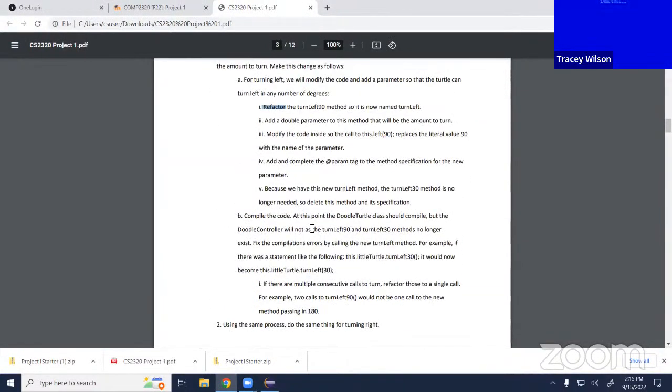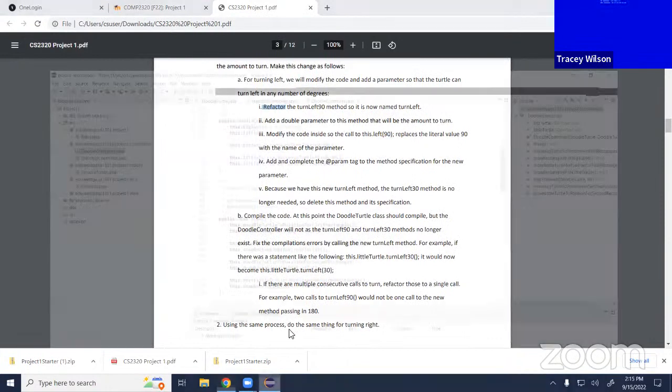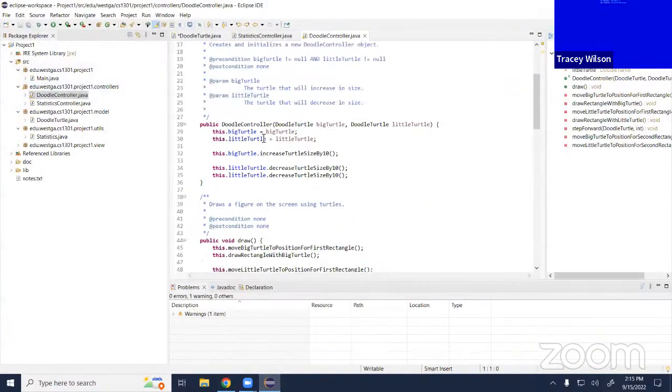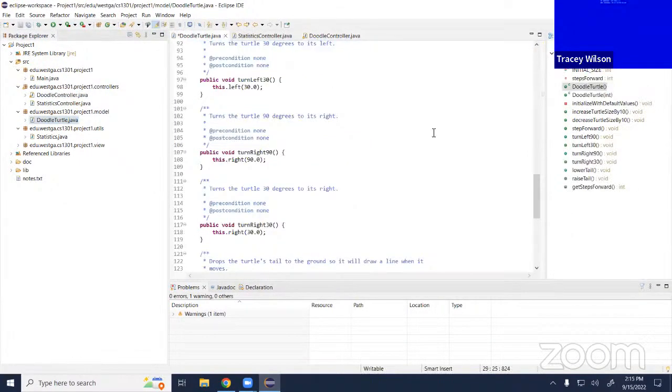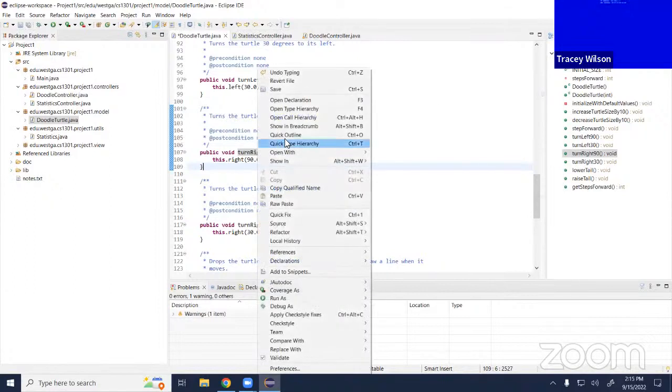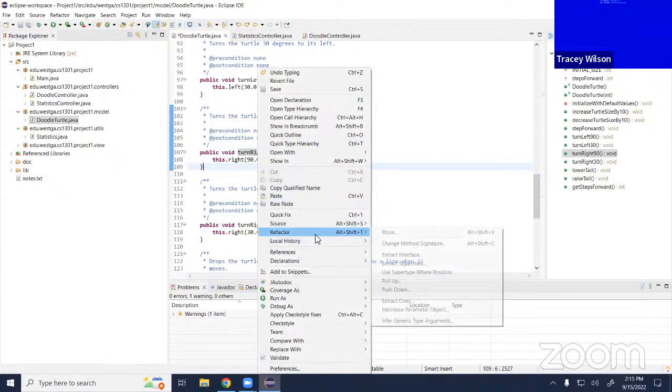Also, I don't know if everybody was here when I was showing this the last time, but one of the things it tells you to do is change the turn 90 and refactor it where it takes a parameter. The most basic way to do that is just to cut and paste and type over and delete things. But if you right click on it and go to refactor,